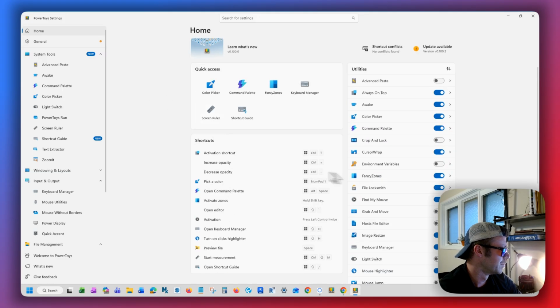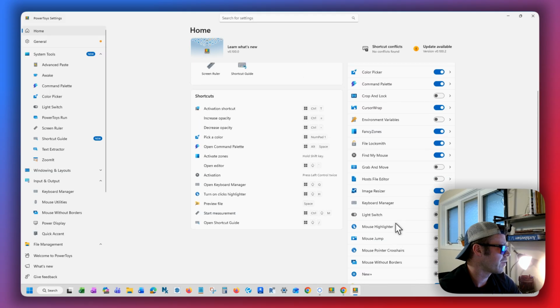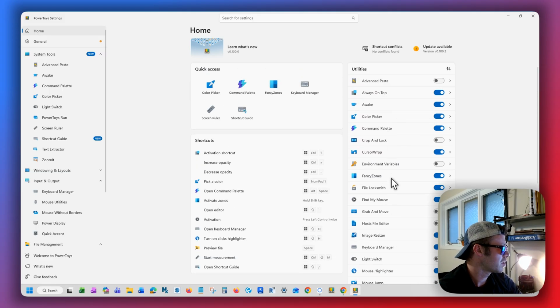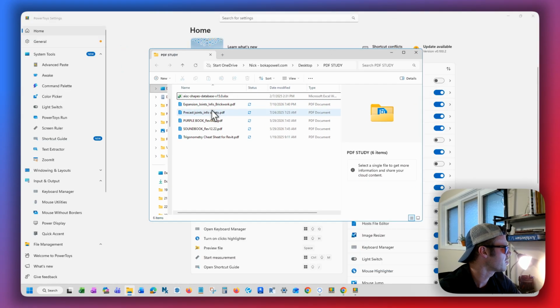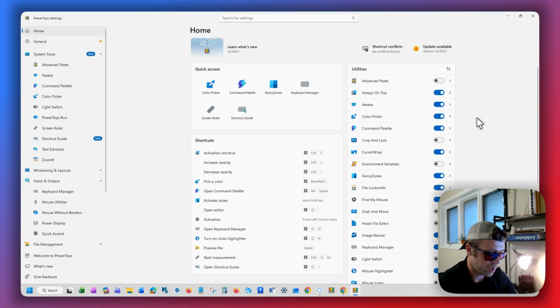Next, let's go back home here. So we just talked about the peek tool. We'll now talk about the color picker tool. So let's actually pull, let's see here. All right, let's pull this back up just to show you how this works. So the color picker tool, if we go into that,